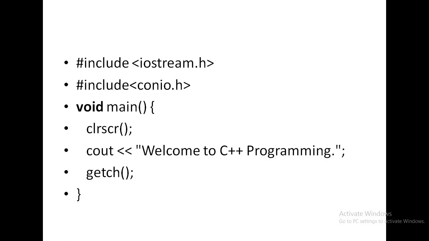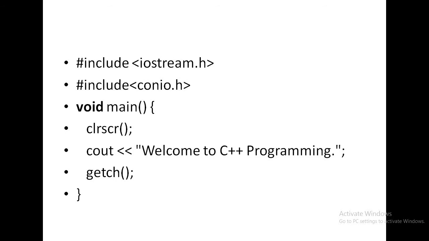Why do I use the stdio.h header file in a C program? Because whenever I want to print something on the monitor, or take some value from the keyboard, I use the printf and scanf functions in C programming. The printf and scanf functions are present in the stdio.h header file. So whenever I use printf and scanf in my C program, I must include stdio.h.